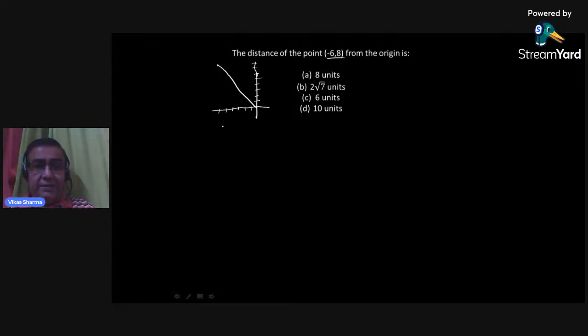I think the line is slanting, so we will have to apply the distance formula here. Let me say that this is the point P and this is the point O. P has the coordinates minus 6 comma 8. Origin has the coordinates 0 comma 0. So applying the distance formula, OP will then be equal to the square root of